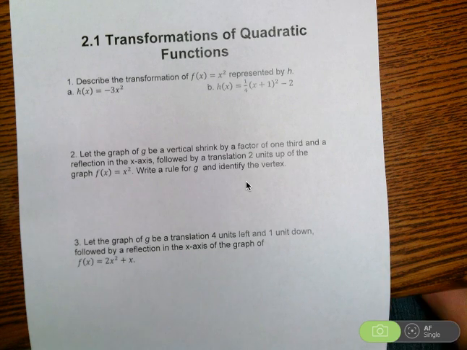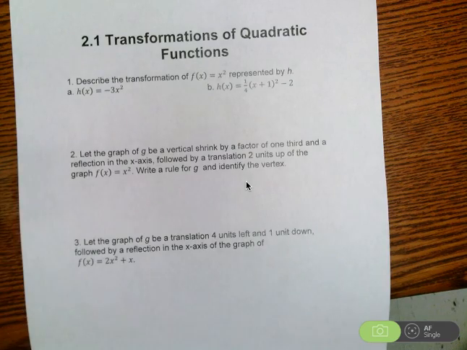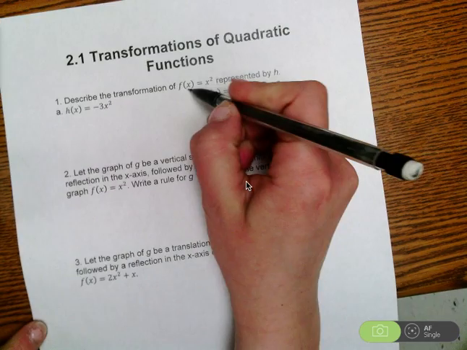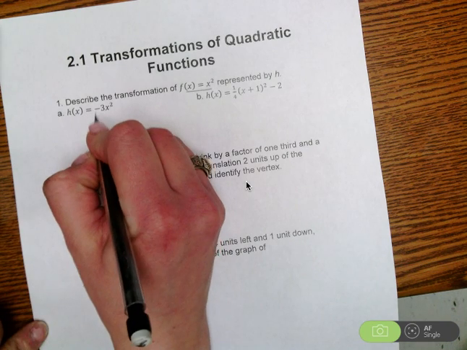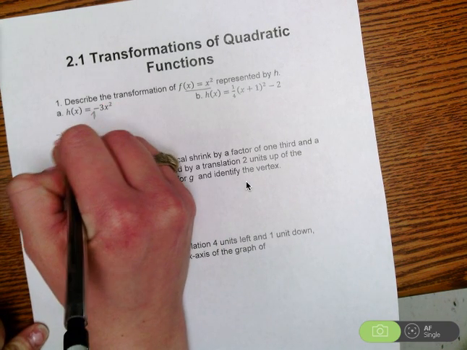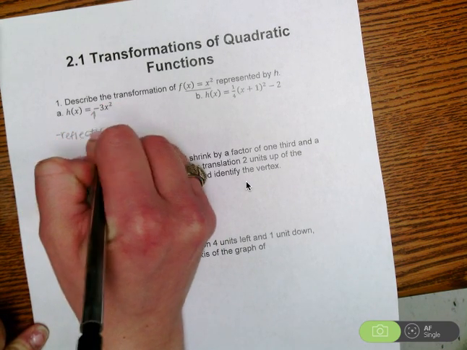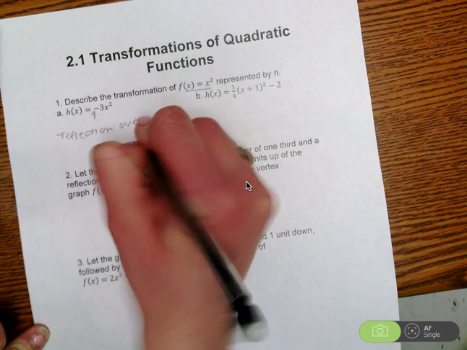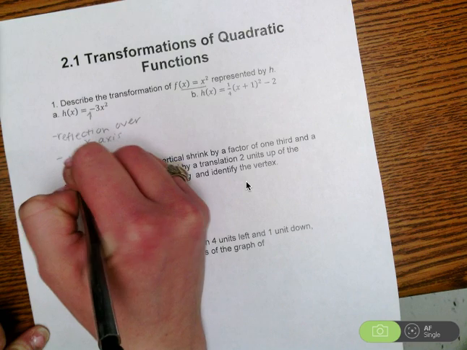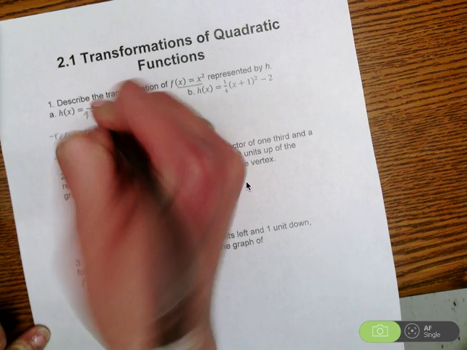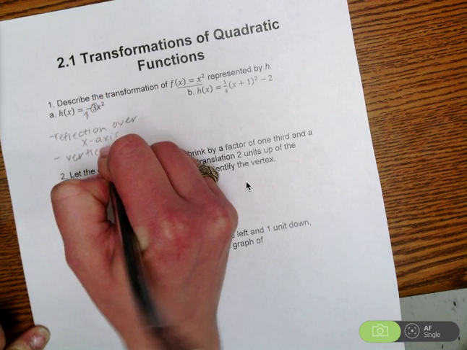Number 1 says describe the transformation of f of x equals x squared, represented by h. Okay, so this is the parent function. That's where we're coming from. So on here, this negative out here, that is a reflection over the x-axis. Remember, I need all those words. And that 3 right there is a vertical stretch